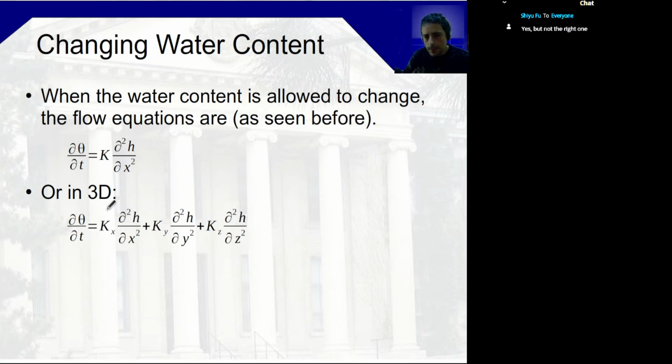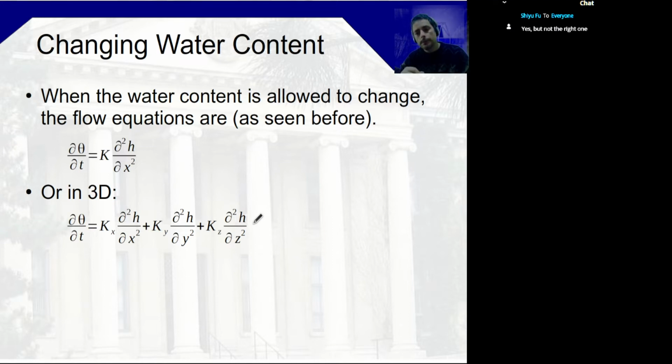So in 3D we have the same general equation, and notice that this is the hydraulic head. When you express it in terms of pore pressure, you will have a difference of pore pressure in x, y direction as opposed to z direction, because you have gravity acting in the z direction,